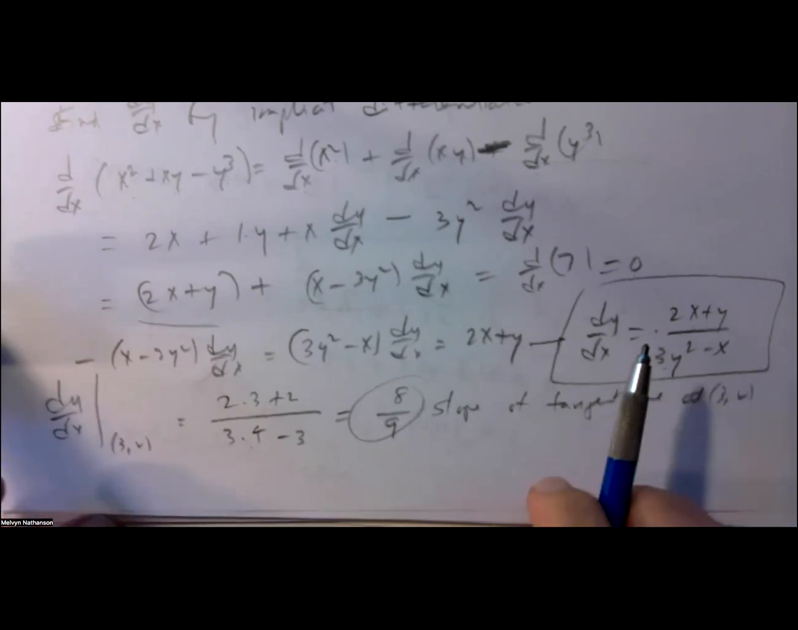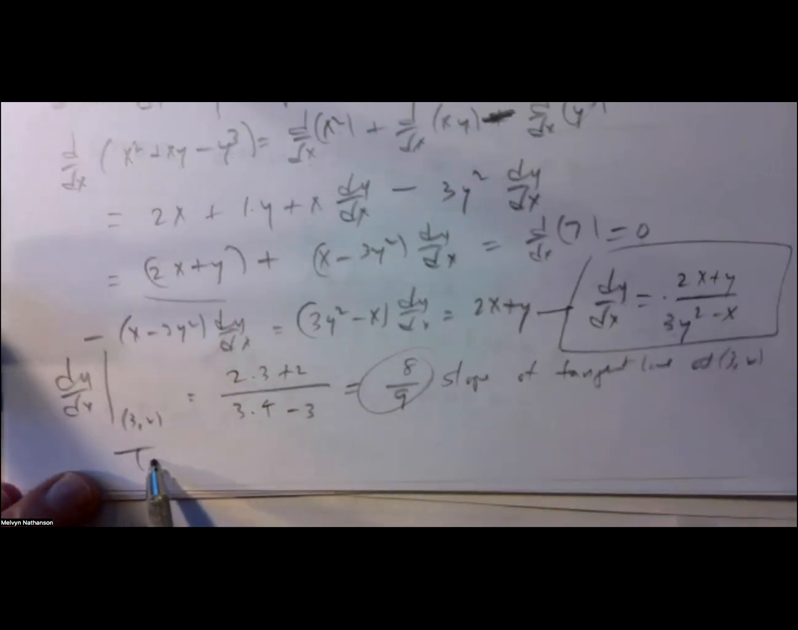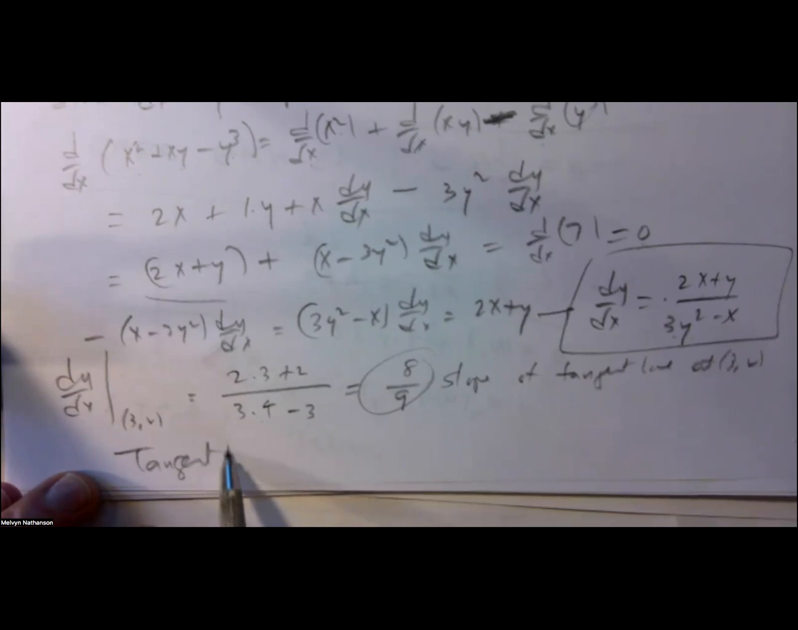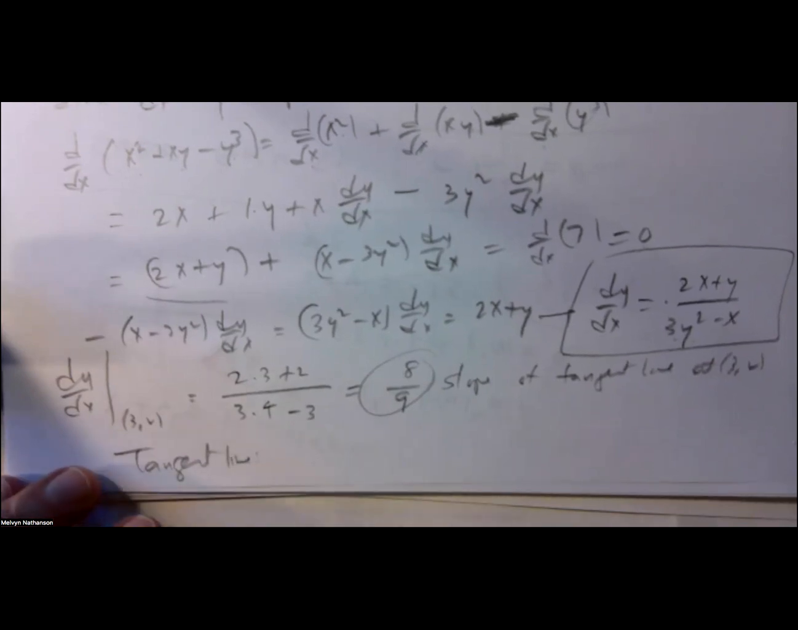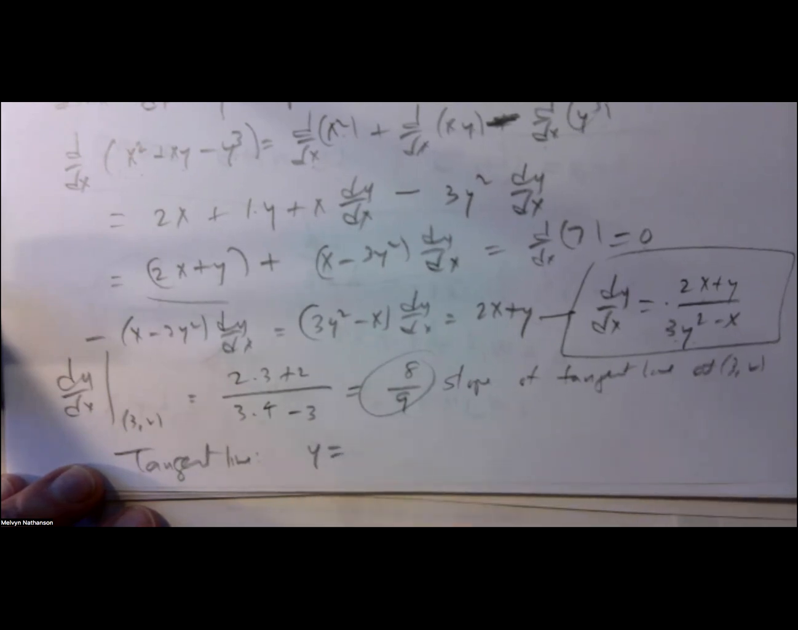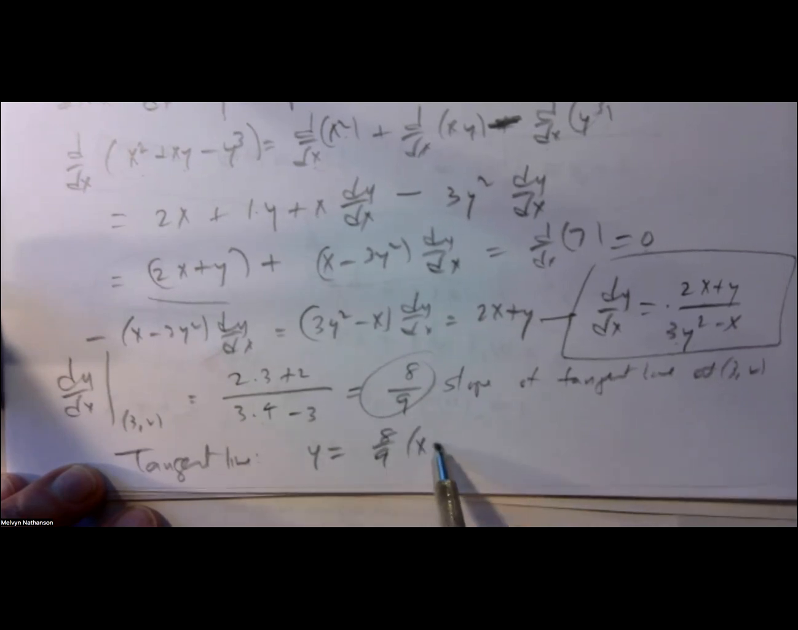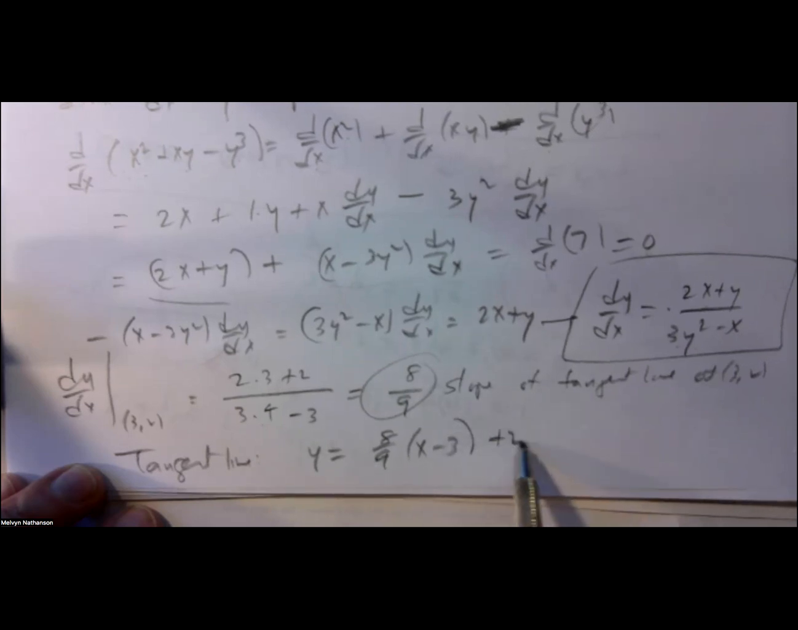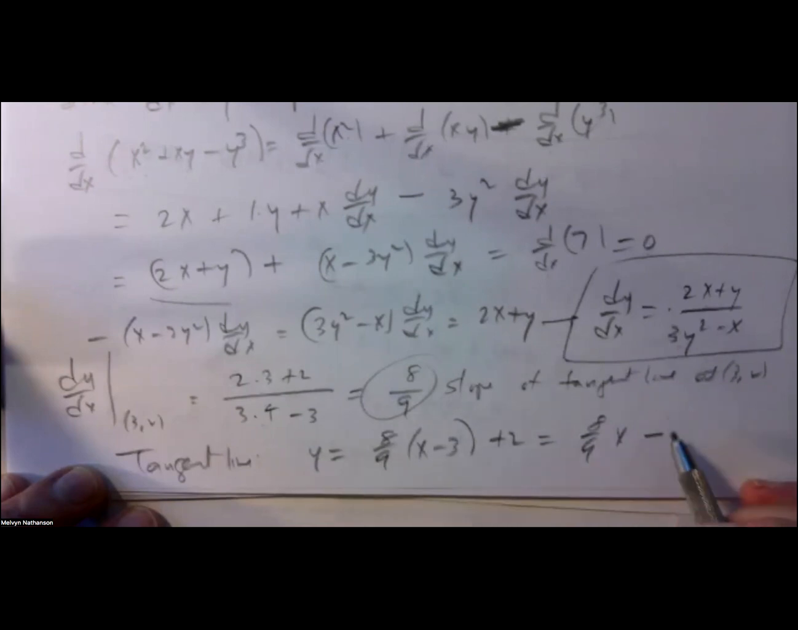At the point 3, 2. So what is the tangent line? It's the equation of a line with slope 8/9 going through the point 3, 2. So that's y equals the slope 8/9 times x minus 3 plus 2. So that's 8/9 x minus 3 times 8, minus 24 over 9, plus 2,